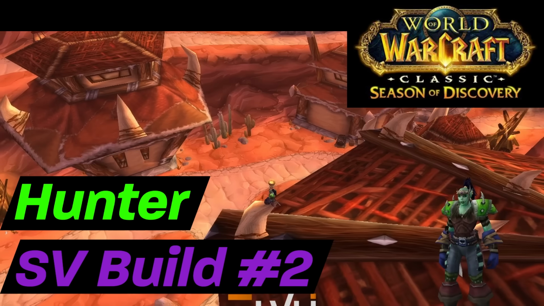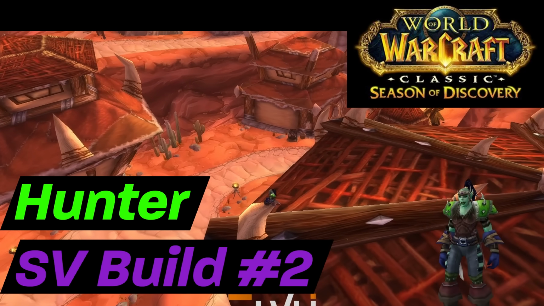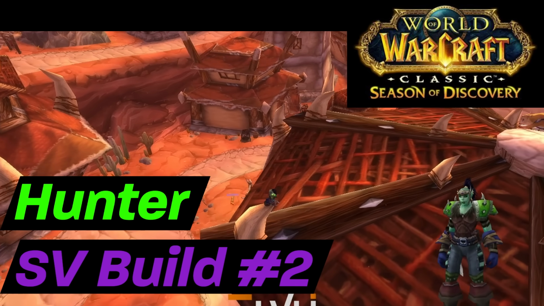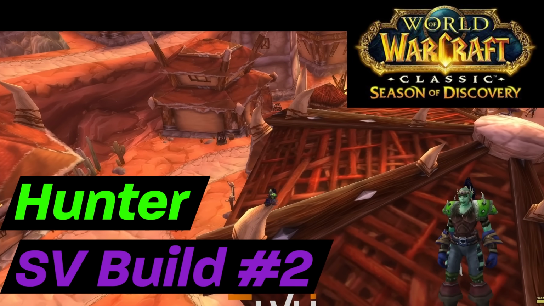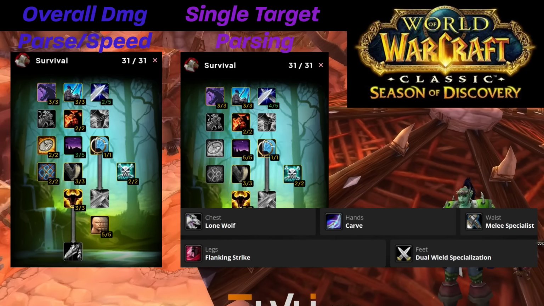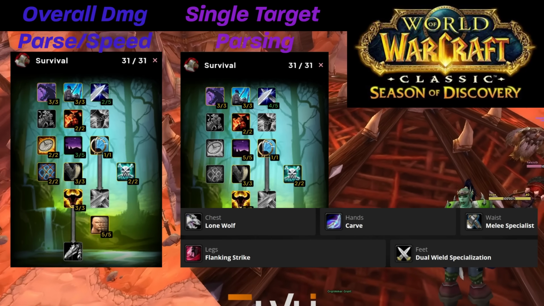We are going to run the exact same talents. However, this build is about 20% damage increase over the first build we covered, but it's about 20 DPS behind the last build, which we'll cover next. However, we will switch it up and run Lone Wolf and Carve instead of Aspect of the Lion and BM